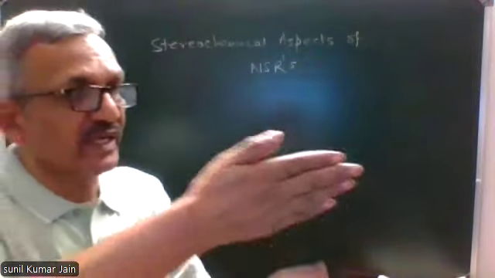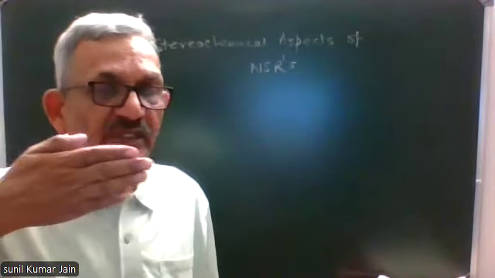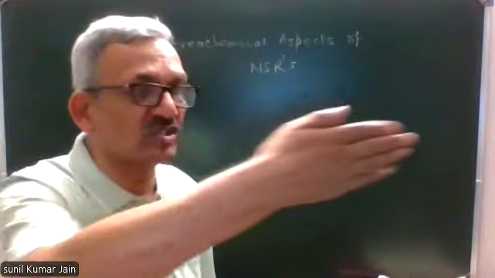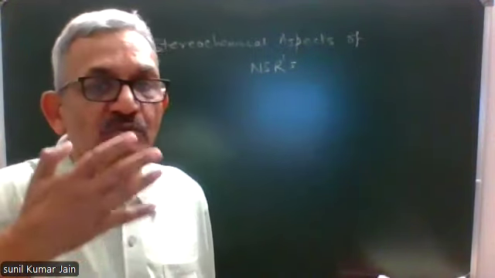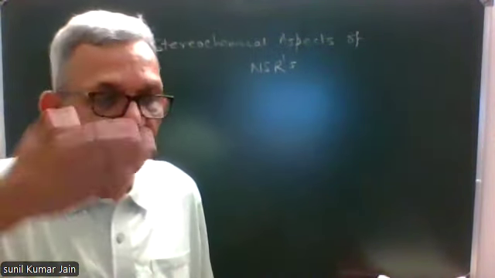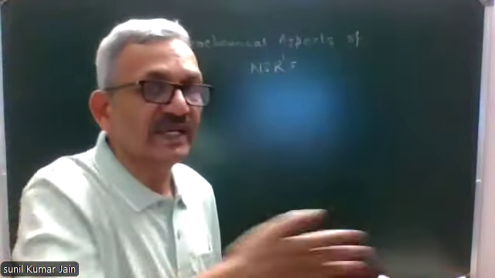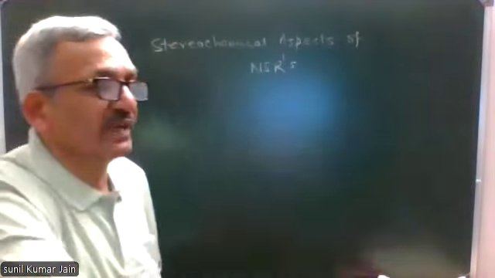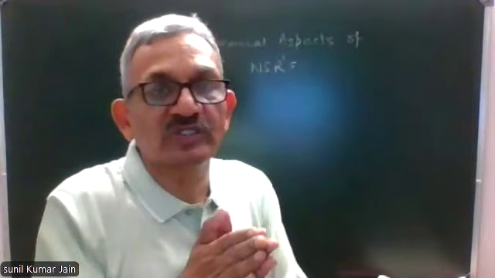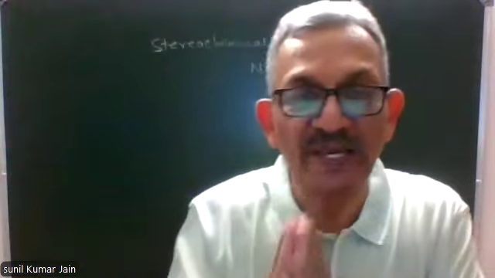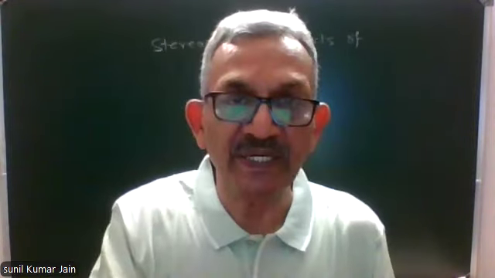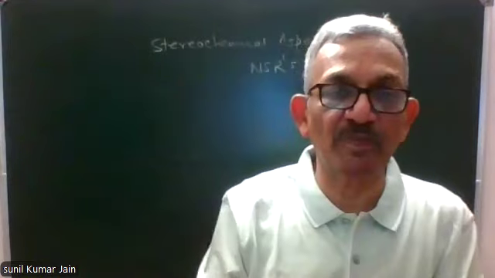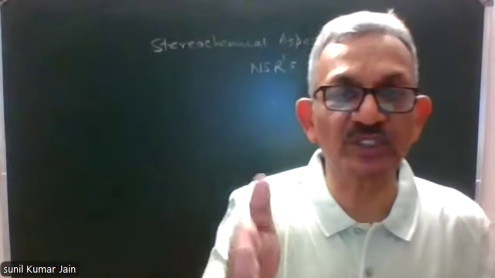Let us say any light is moving in this direction, traveling in the form of waves. These waves can be in this plane, in this plane, or in this plane. So these waves can vibrate in all possible planes perpendicular to the direction of propagation in which the radiation is